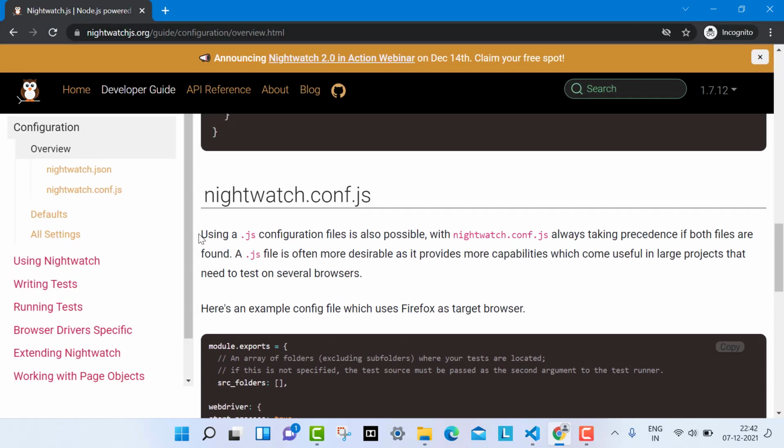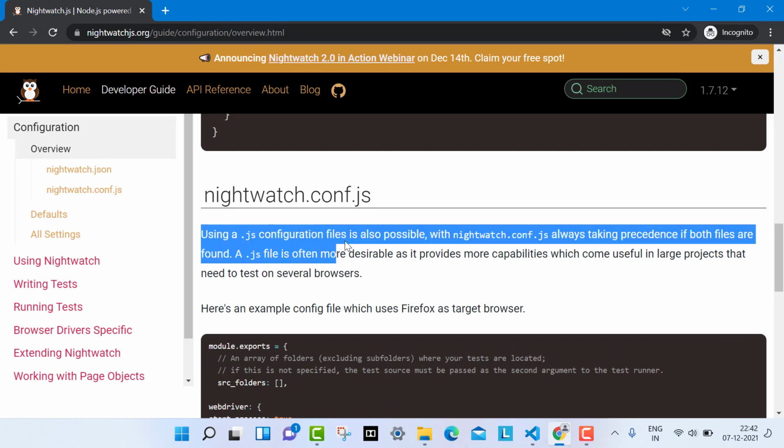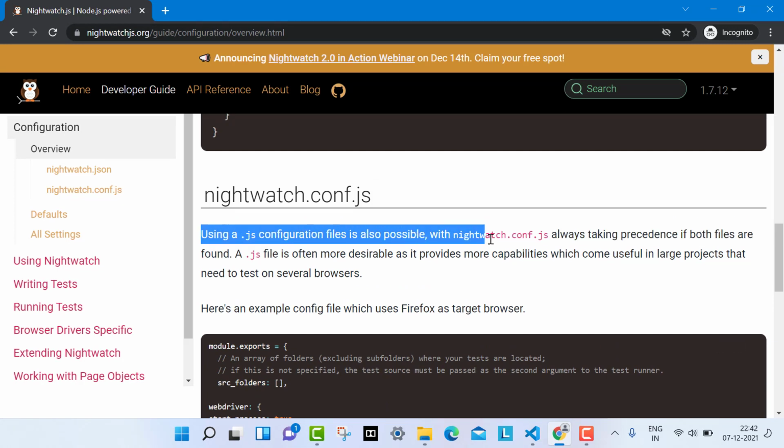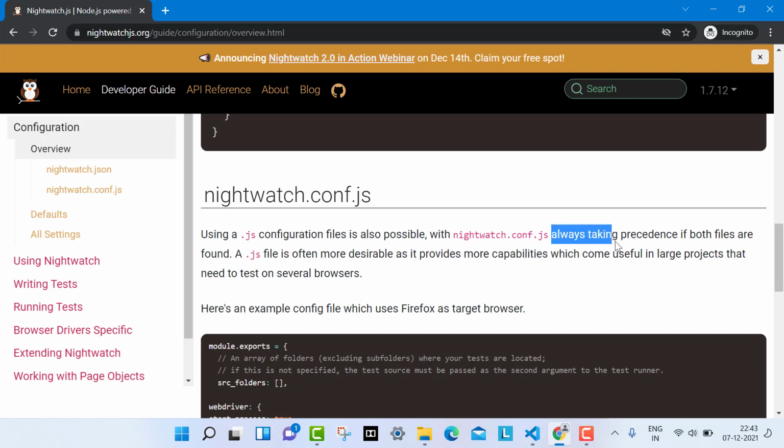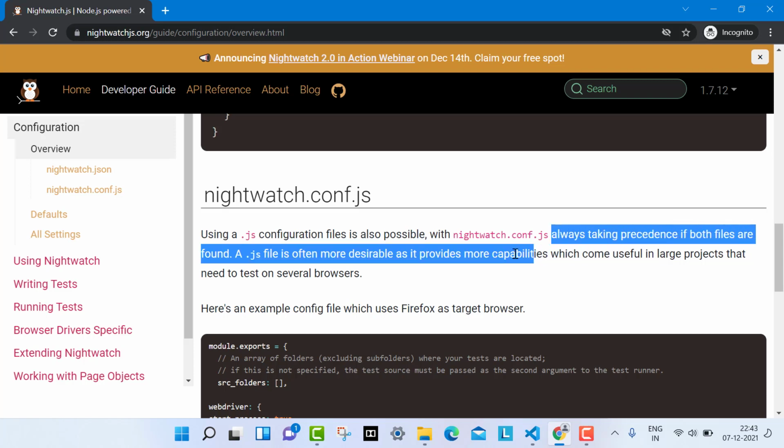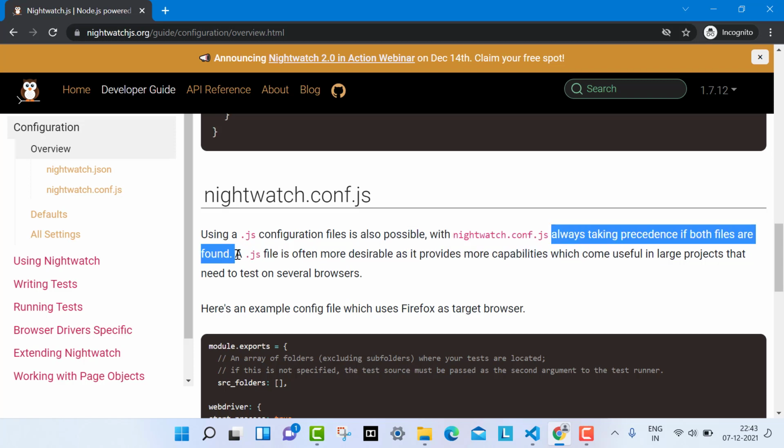It is telling us that using a .js configuration file is also possible, with the nightwatch.conf.js file. And just read this line: the nightwatch.conf.js file always takes precedence if both files are found, right?